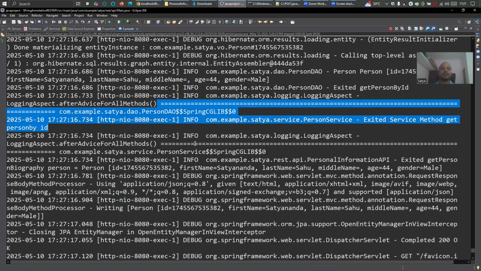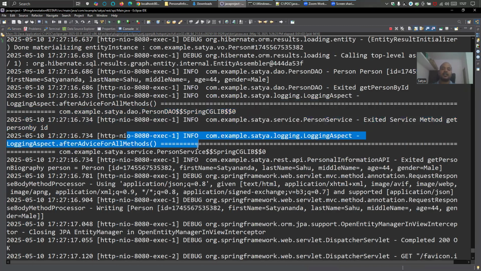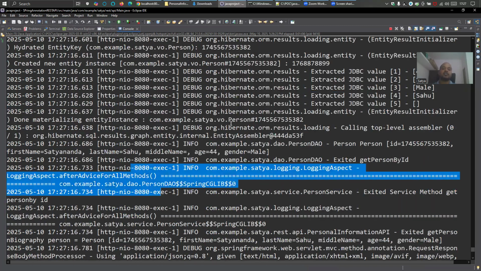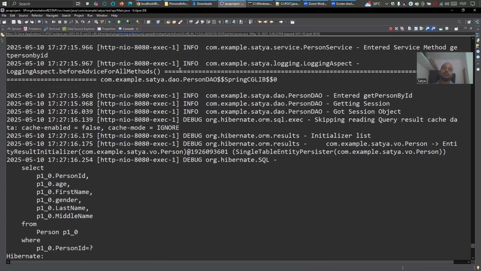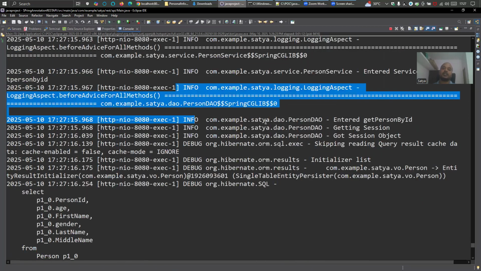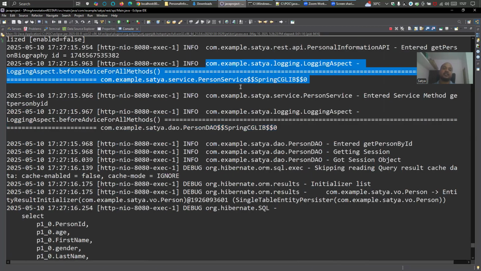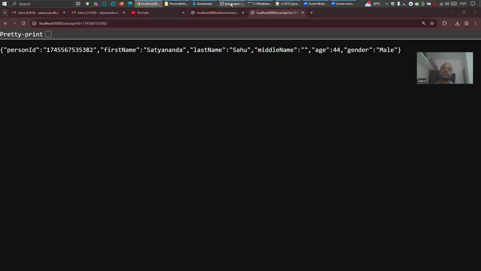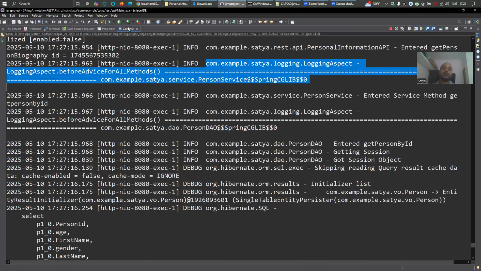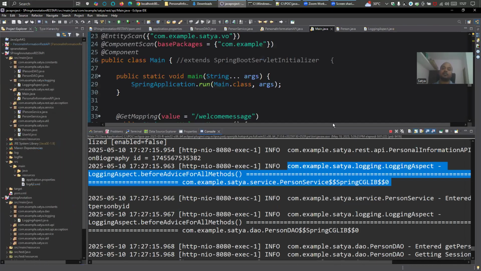See, this is after, at the end of the method call. One is for service, one is for DAO. See, the person log, I will tell you, it's not coming. The log is not coming from the REST controller because the package structure is different in the REST controller. The wildcard which is mentioned in that aspect is referring only to the